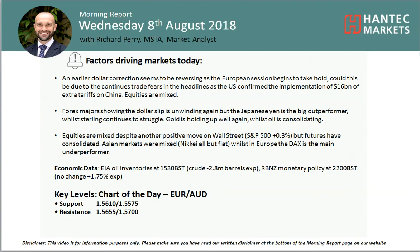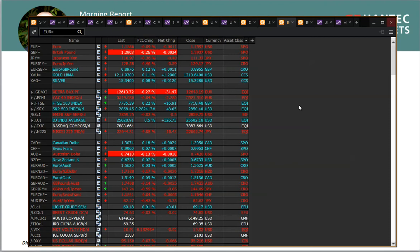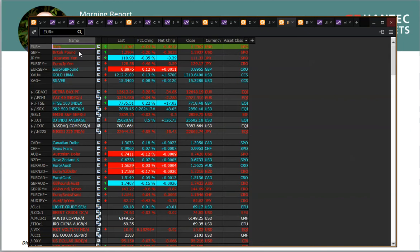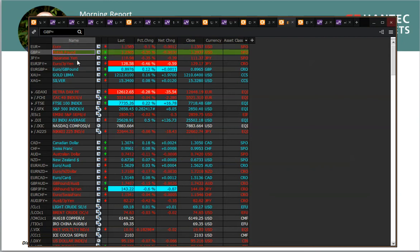We have got an interesting move that we've seen on markets today. We had initially a degree of dollar correction, and that initial dollar correction has now unwound and started to gain a bit of traction as well. The euro was about 0.2% higher. That's now 0.1% lower, so turning around about 30 pips or so in the last hour or so, as the Europeans have really grasped hold of this, and sterling continues to underperform, but the yen is